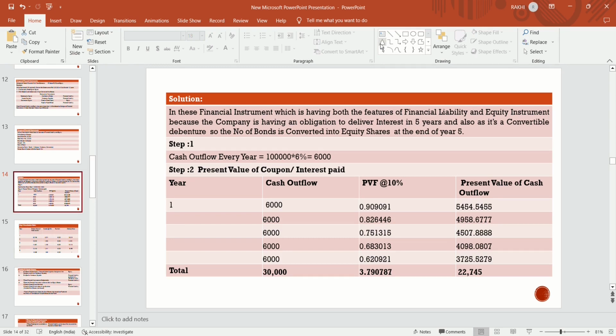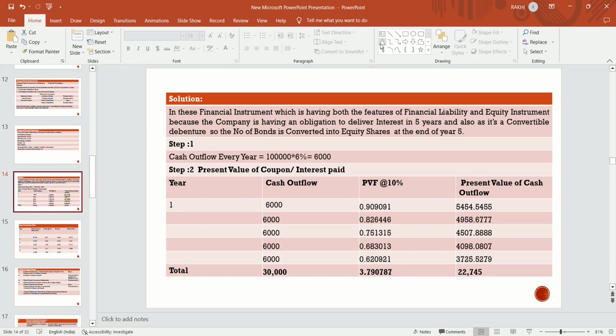It should be discounted at the market rate of 10%, so the discounting element becomes 10%. So the factor becomes 1 divided by 1.10, which is 0.909. In the same way, the discounting factors are calculated and the present value of cash flow is found. Like 6,000 multiplied by 0.9091,